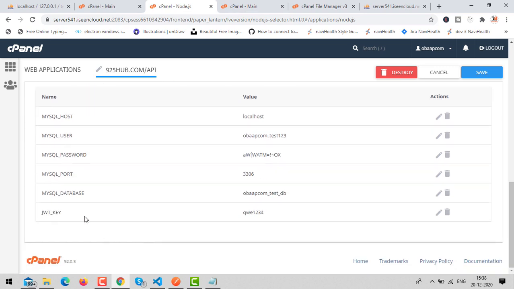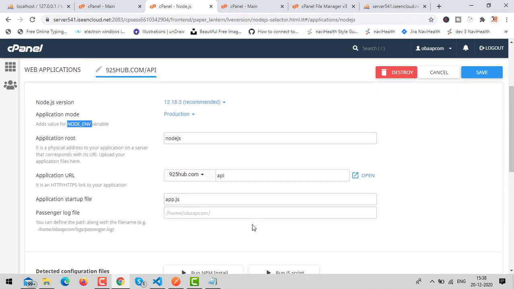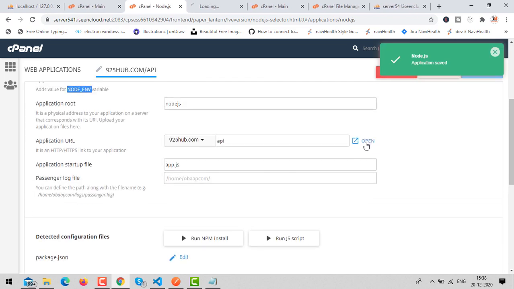So we almost did everything. Just make sure everything is correct. Just save this. Now let's open it again. We can see this message. Let's go to users. Access denied. So it means it is working fine. Let's copy this URL from here.